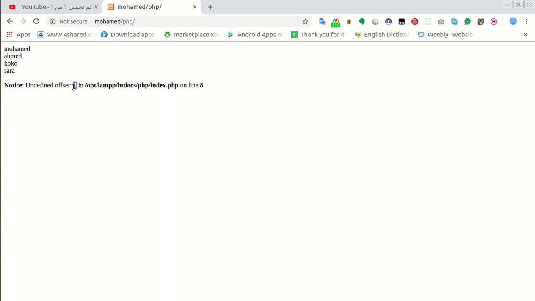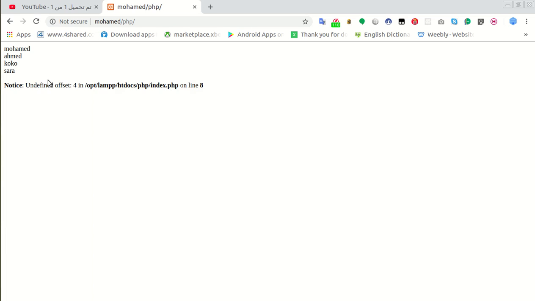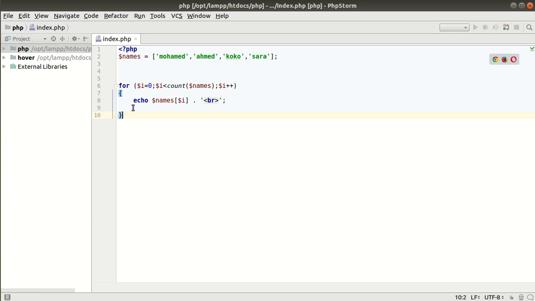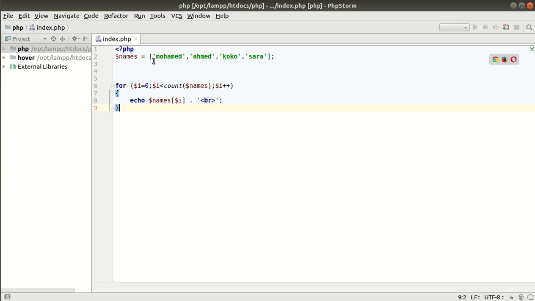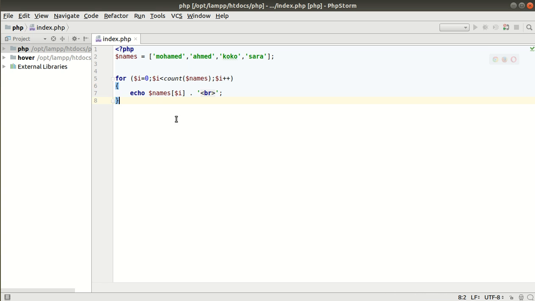Okay, for this error I forgot to create this. Okay, we have created a short code. If we have 1,000 names, we can print all these 1,000 names from this code. Okay, this was a very